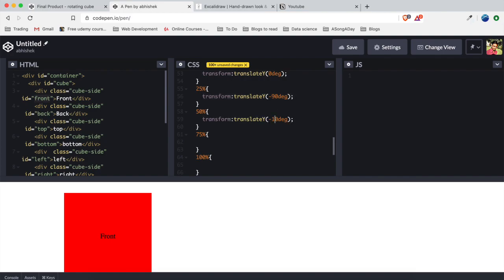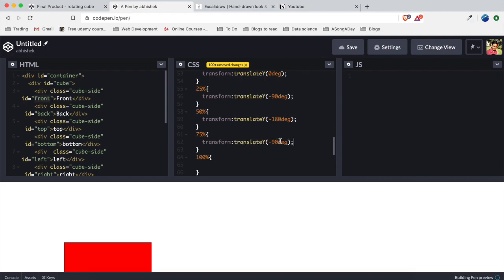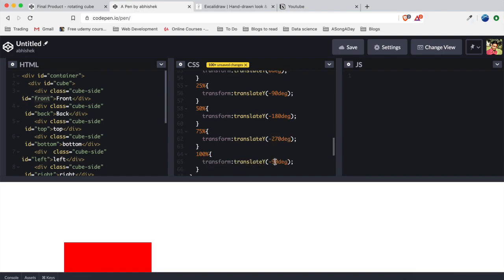Then this would be minus 180 degrees, minus 270 degrees, and this would be again 0 degree.